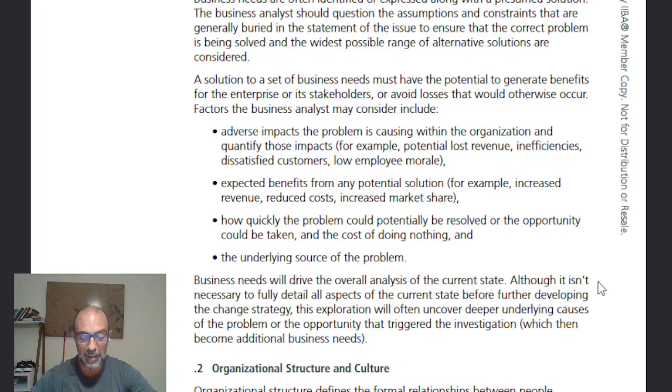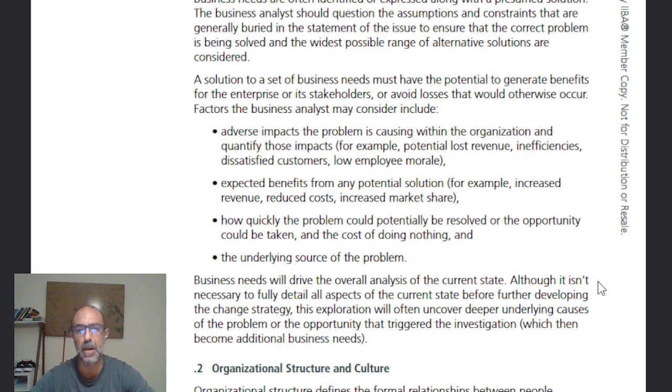I really think most of the time we overlook this simply because I don't know if it is we get involved or is the fact that we just kind of assume a lot more stuff that are on the surface shiny, but the minute you hold them, they show you the whole pattern that would remove the shine from them. Yeah. Factors that business analysts may consider include adverse impacts the problem is causing within the organization